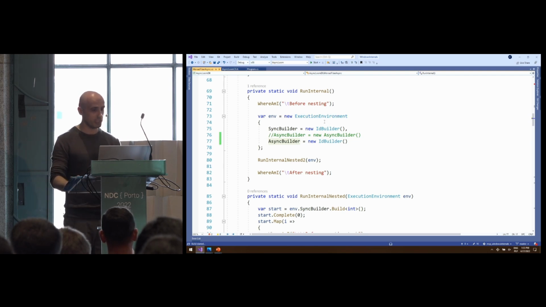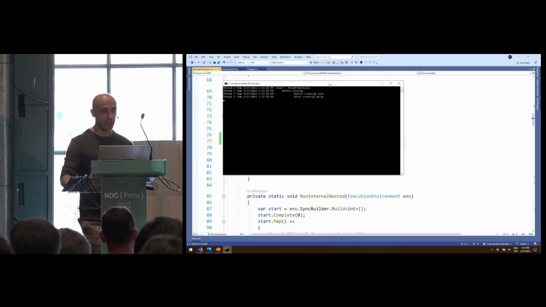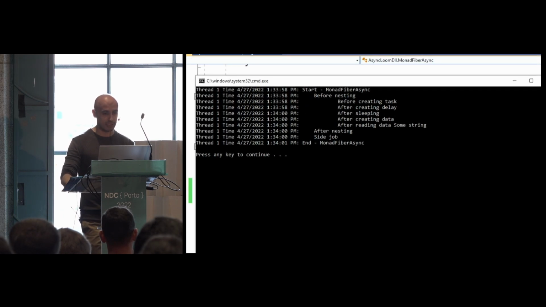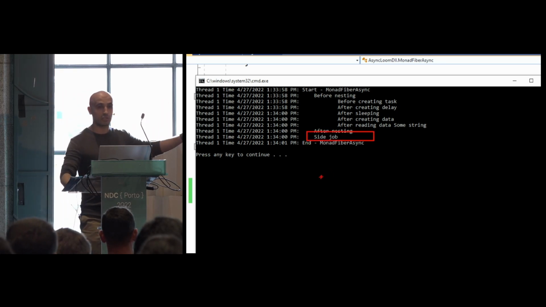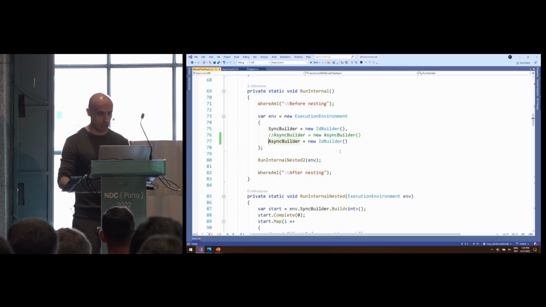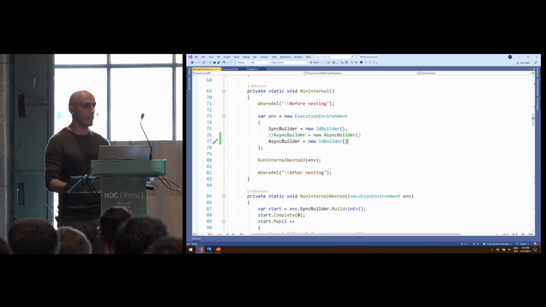And if we now change the asynchronous builder to the synchronous one, you can see that the side job was introduced at the very end because it was waiting for the previous part to finish. Meaning that just by changing this thingy here at the top of the application, like in your dependency injection container or whatever, you can control how the asynchronicity is being executed.